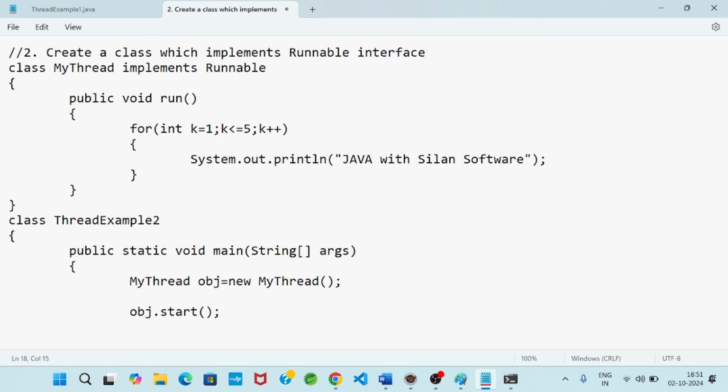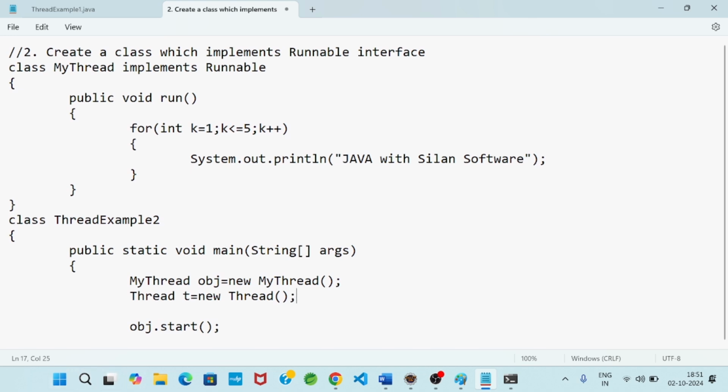A run method definition executing means a thread execution is starting. So how, in the second approach, will the run method definition execute? We have to bring a Thread class object. Thread is a built-in class: Thread t = new Thread(object).